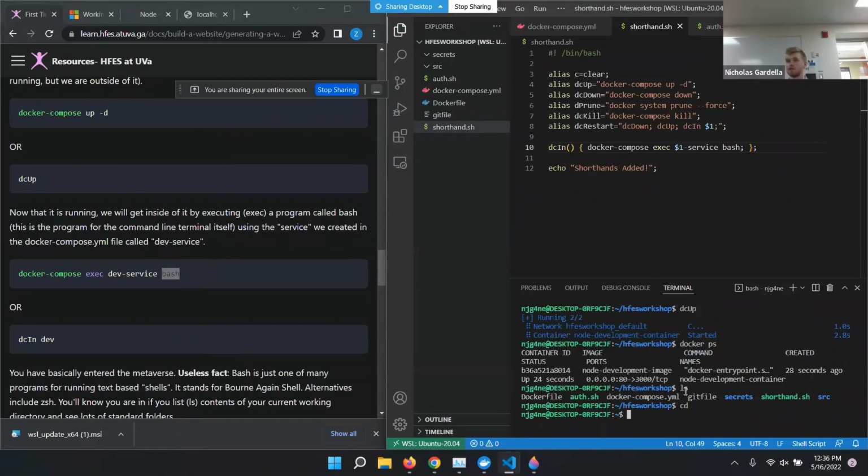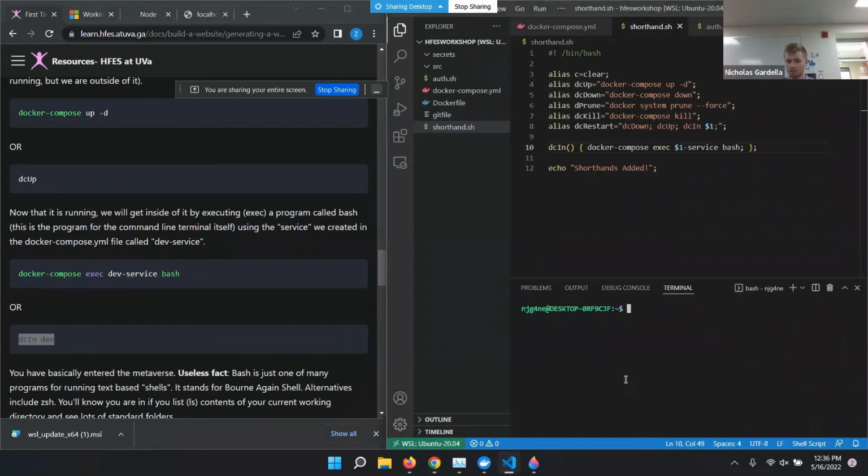So inside the node container, remember the container has all its own versions of everything. So it has its own version of bash. And so it knows where to find that. And if you just say, I want to execute the bash program, it's going to give you a terminal inside the container, which is what we're going for. So the alias that we created will allow you to replace this entire command with dcin space dev. So if you go in your command prompt and you do dc capital I and tab complete, and then type dev,